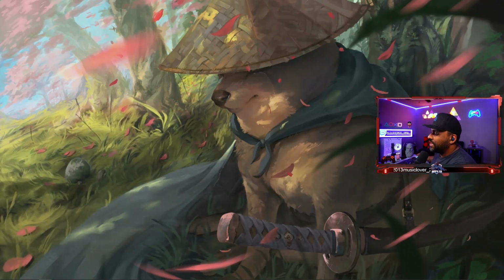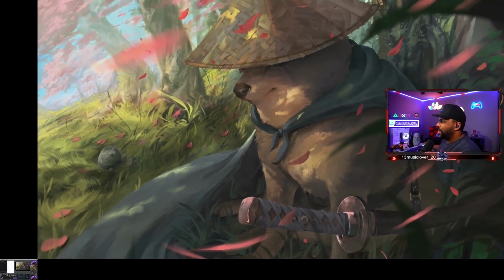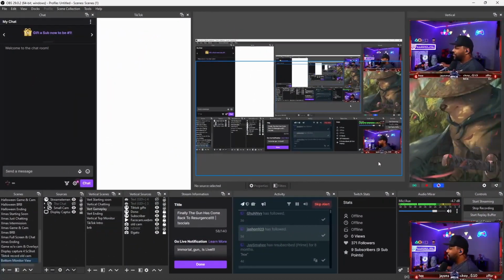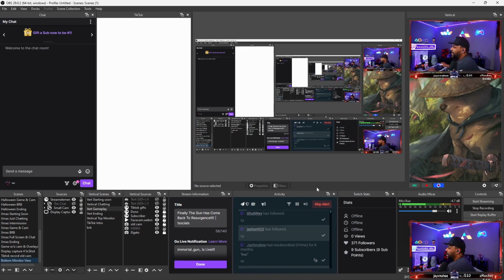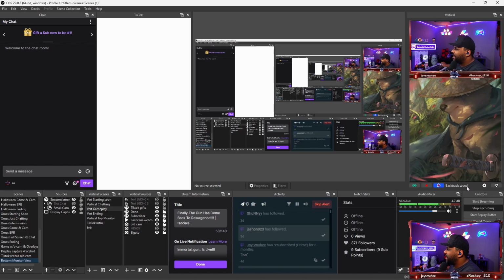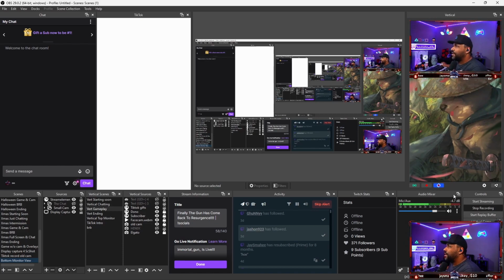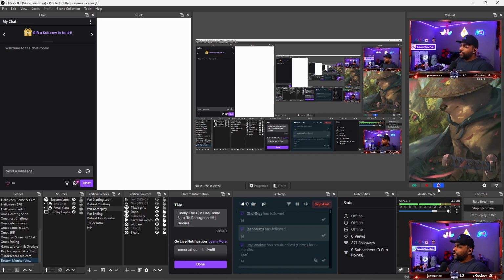You can't really see it because I'm showing you the game, but I'm going to show you again what the OBS shows. So click F9. It says backtrack saved right here. What that means is you now have the clip ready to go. If you want to just put it up on TikTok,